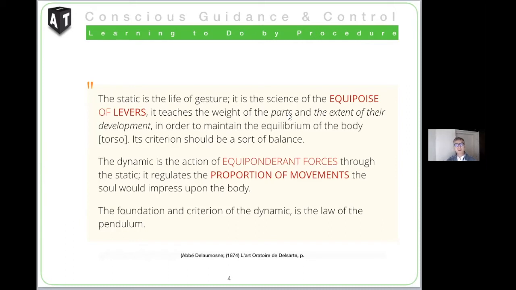unfolding of the movements of the lever. It's necessary to teach how the levers can move relative to each other. Of course, when they move very far apart from each other, let's imagine two levers that are jointed, the extent of their development is the range of movement of the two levers away from one another. You must understand that my pupils, or students, have to learn this extent of the development,